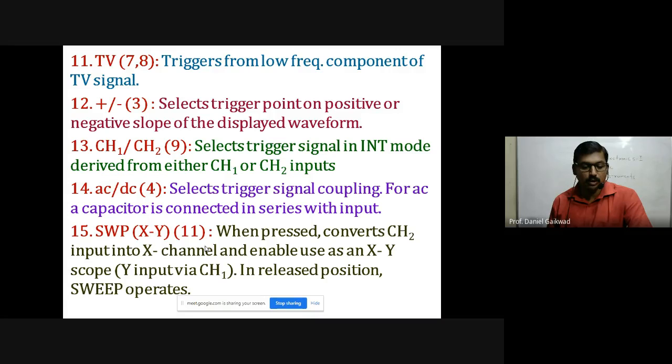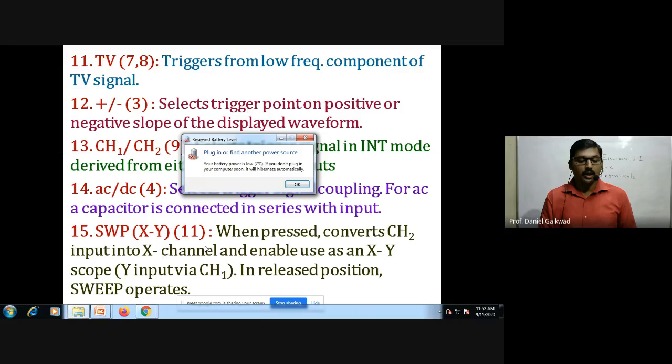Depending upon amplitude, frequency, and phase, we have different shapes. Either we obtain cross lines, or an inclined line, either one inclined line or a second inclined line, or we obtain a circle or ellipse. Like that, shapes will be obtained, and that is useful for Lissajous figures. So when we have to compare signal 1 and signal 2, and find how much the phase difference is between them, for that we have the sweep button here. So check carefully.